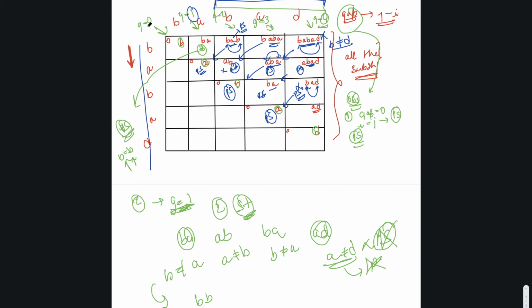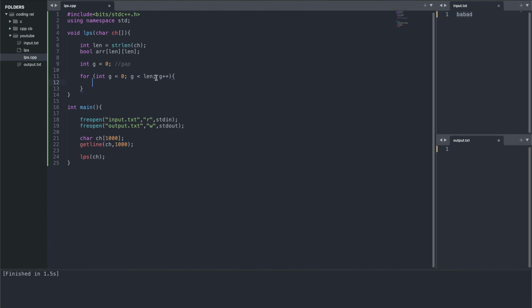The value of g is starting from 0 and g is going till 4. Okay, so the length is 5. So g is less than length, g plus plus.